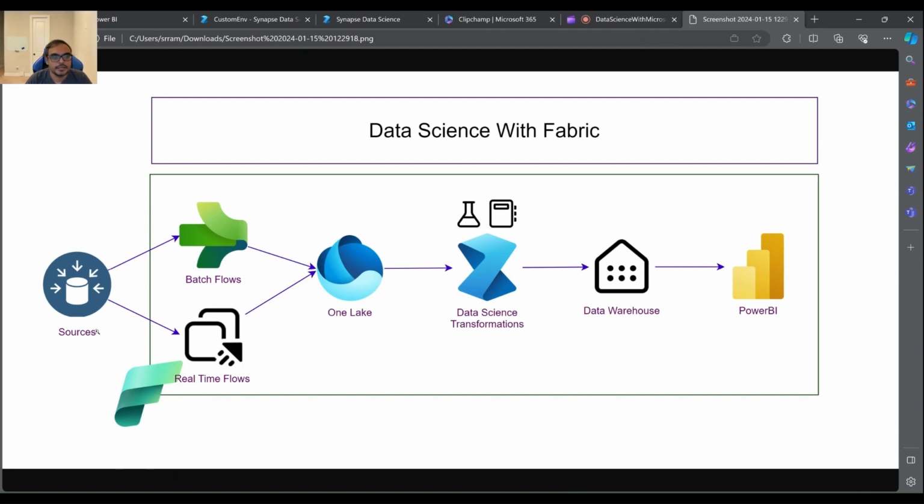Hey, let's take a look at what we are doing today. We load a bunch of data from the sources, whether they are near real time data sets or batch data sets, into our OneLake. So, if you want a real quick briefing around data engineering or OneLake or other things, I will